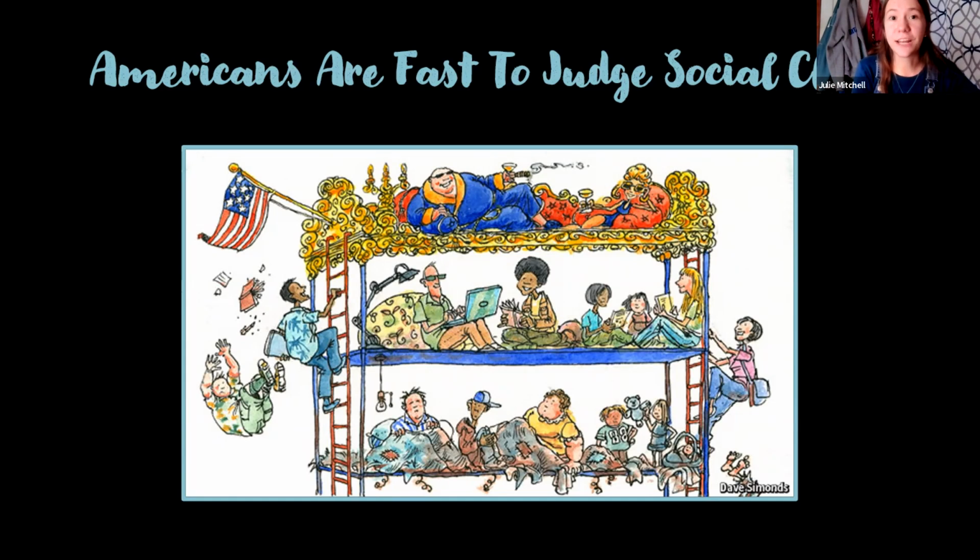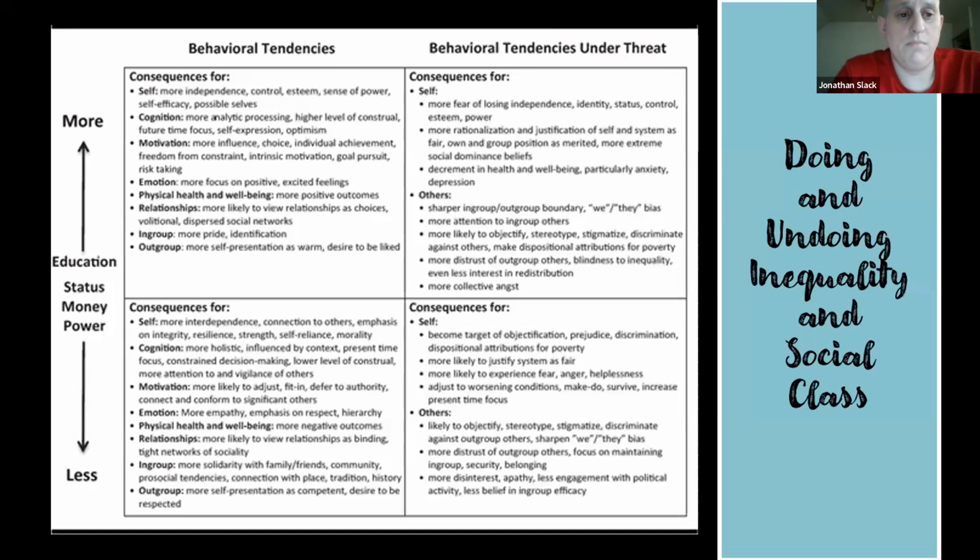And that's a lot of what everyday discrimination is. It's not necessarily something that we see right away or that's talked about in the news a lot. So I definitely think that's important. Yeah. And then I also found this chart, and it was from a peer-reviewed academic journal titled "In This Together, Doing and Undoing Inequality and Social Class Divides." And I thought it was very interesting, this chart that they came up with.